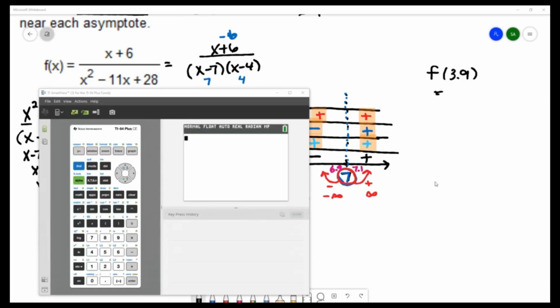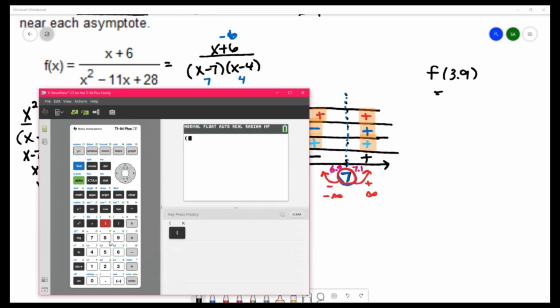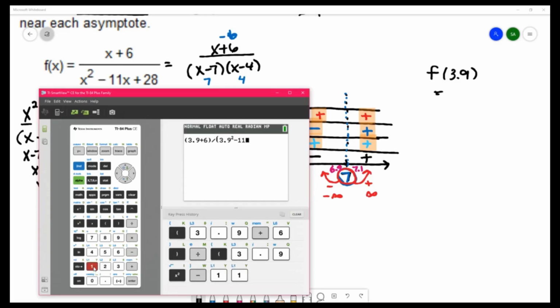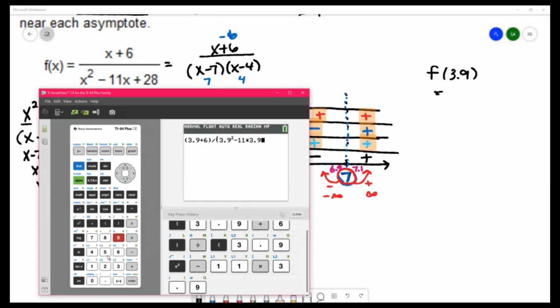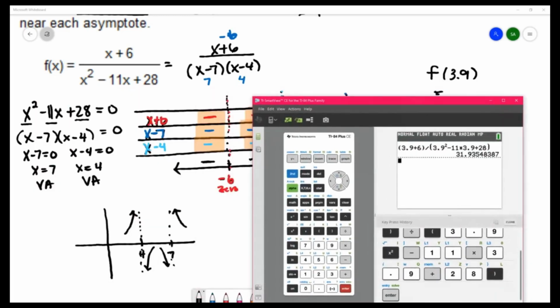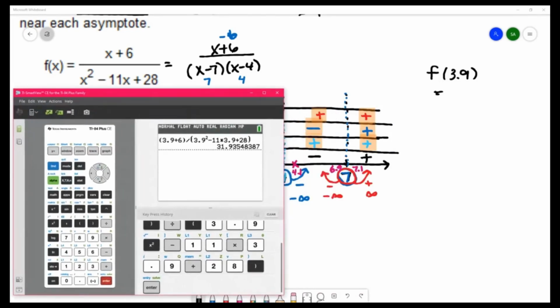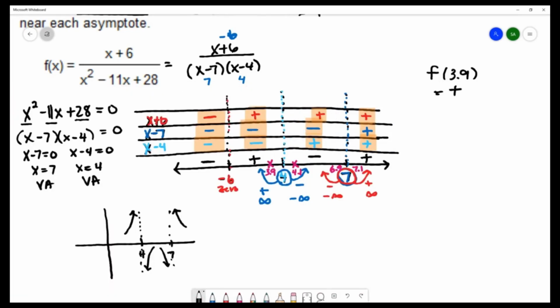Okay, so I've got my calculator here, and I'm going to substitute into the numerator 3.9 plus 6 divided by 3.9 squared minus 11 times 3.9 plus 28. And all we need to pay attention to is whether we get positive or negative, and we got positive. And that matches what we saw on our graph. Then we do it again for